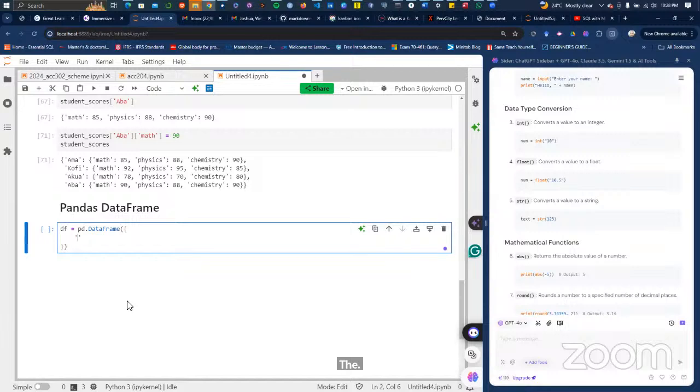So it would have been this, AMA, then you do, it is again a dictionary of math, which has a paired value of, let's say, any value, 40 or 50. So this is the first pair.